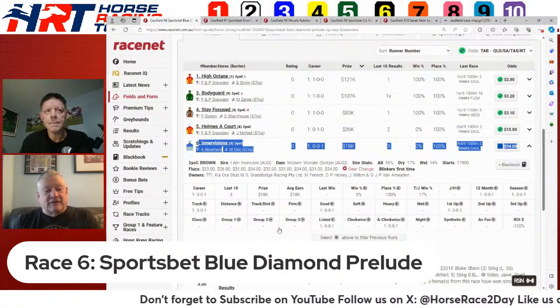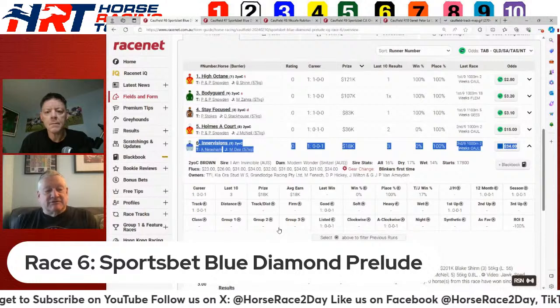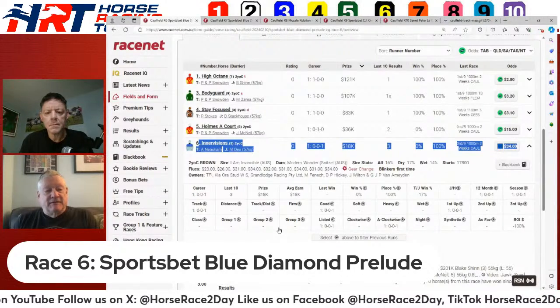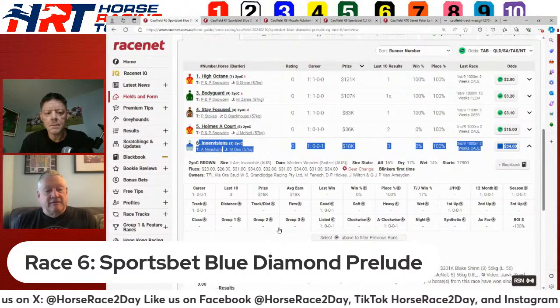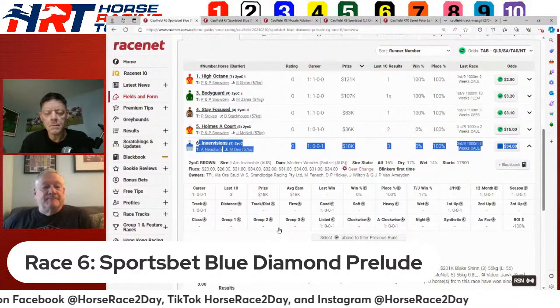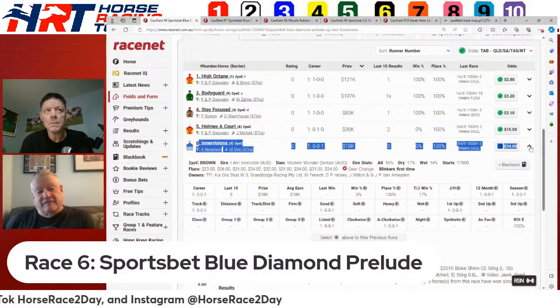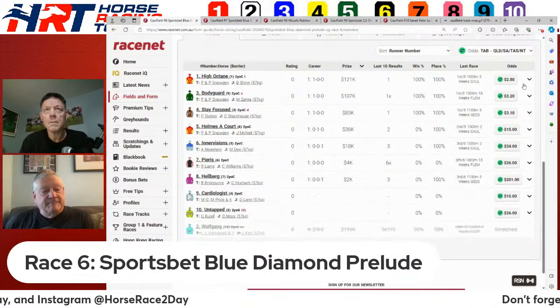Both his barrier trials were good races. I mean, he ran decently, so the horse has been running nicely, and I think maybe this equipment change is the way to go. Finally, I'll take High Octane, I think, which will be the favorite from barrier 1, and